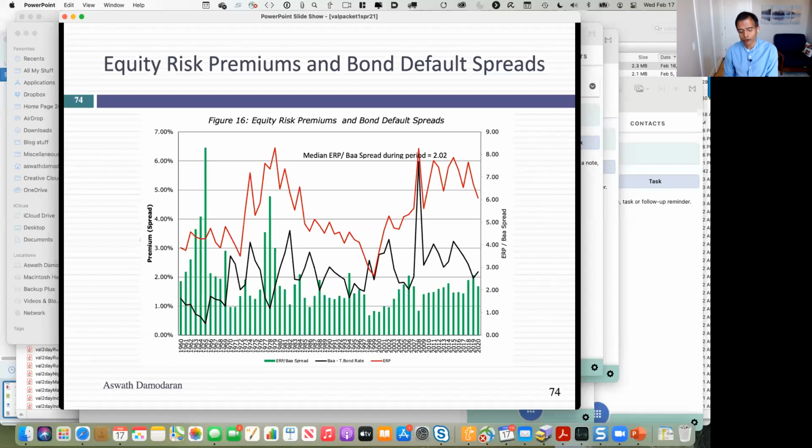Equity risk premium right now is 4.72%. The default spread on a bond, I think, is about 2.2%. The ratio is pretty close to the historic average. So if you were looking at these two markets, you can say, you know what, they look at roughly where they should be given history. Equity risk premium divided by the default spread.